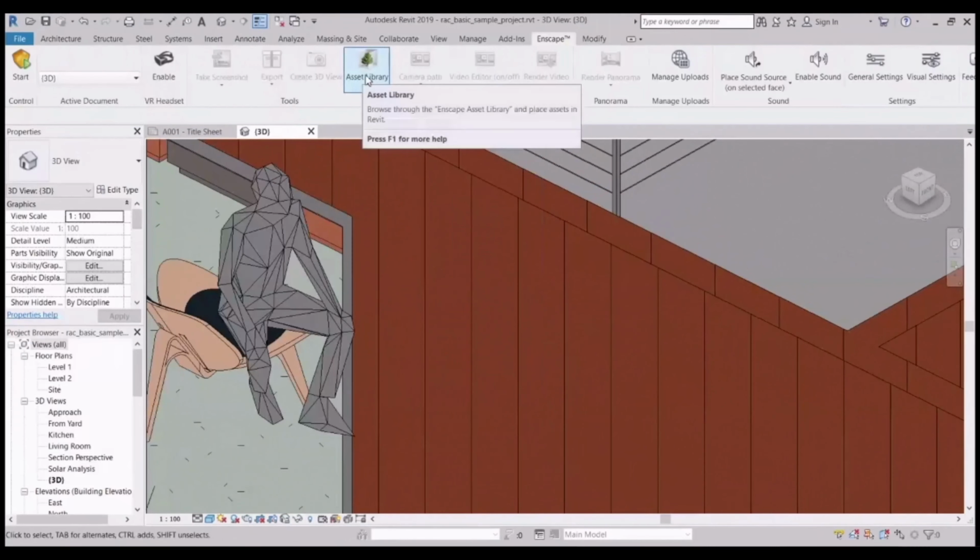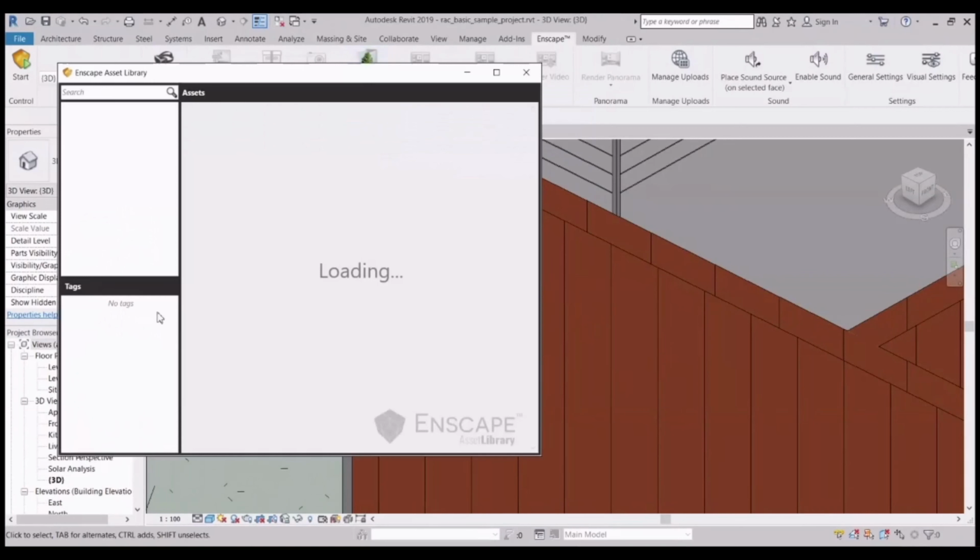Here you get this asset library in the Enscape tab. Between the tool panels, the asset library is there, and here you get all kinds of categories.